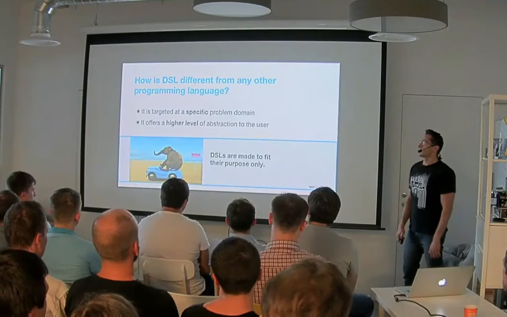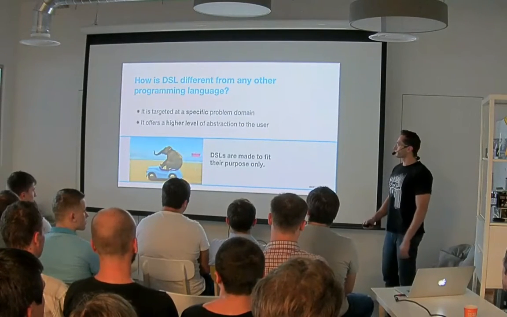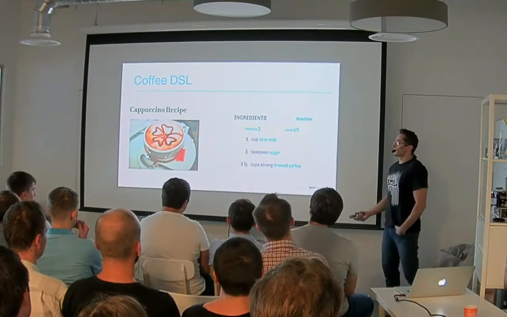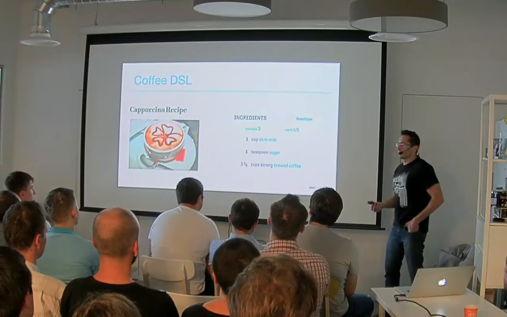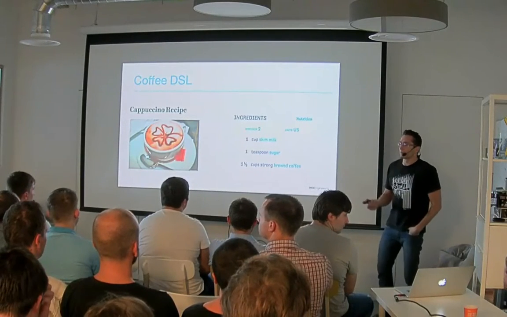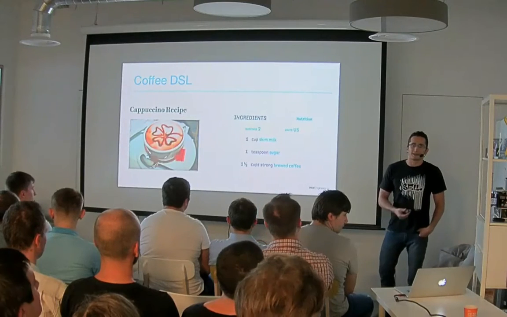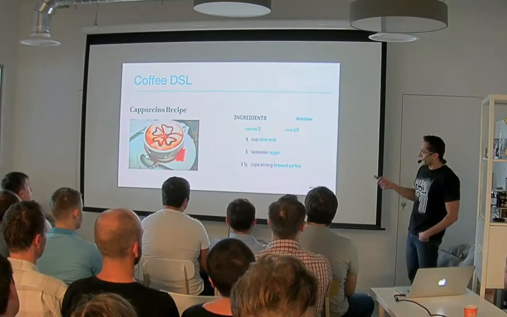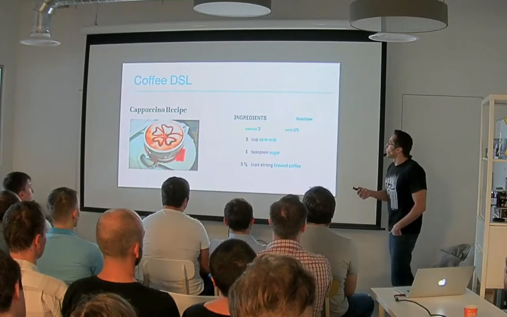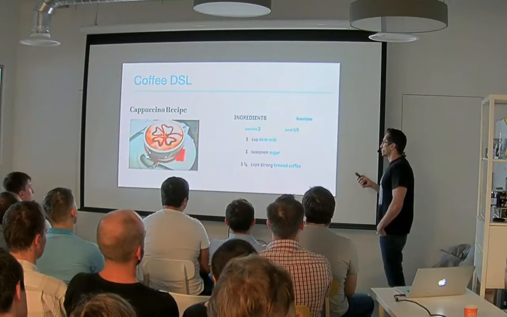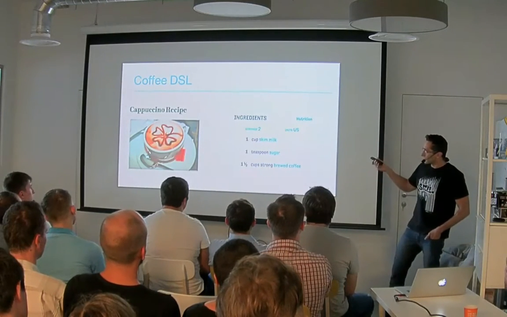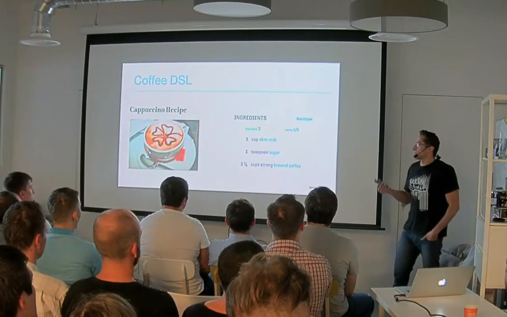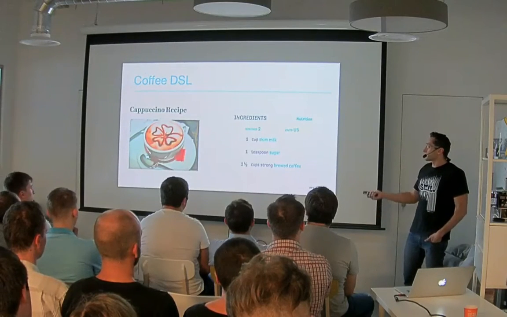So let's see a few examples of DSLs you might all know. The first one is the coffee DSL. I claim coffee is a DSL because it represents a solution to a problem. The problem is how to make a cup of coffee. And the solution is by using these ingredients. We have our measurements like 1 cup, 1 teaspoon. We have our ingredients like skim milk, sugar, brewed coffee. Using those ingredients and measurements, I can write recipes to make all sorts of coffees. So this is a coffee DSL.